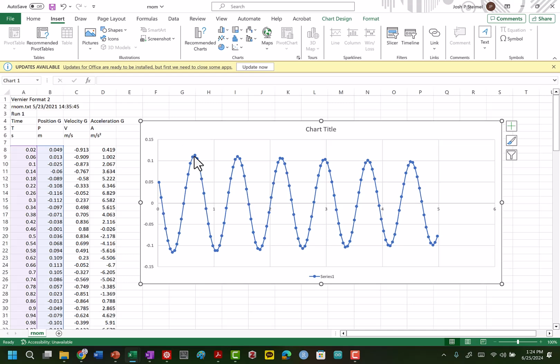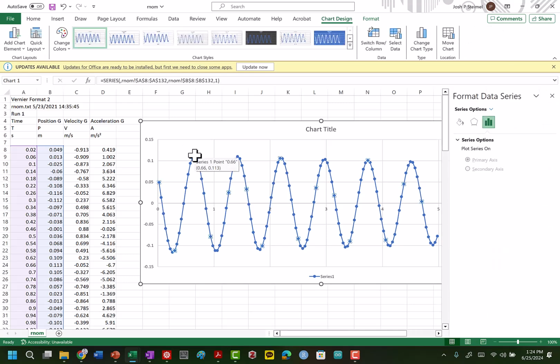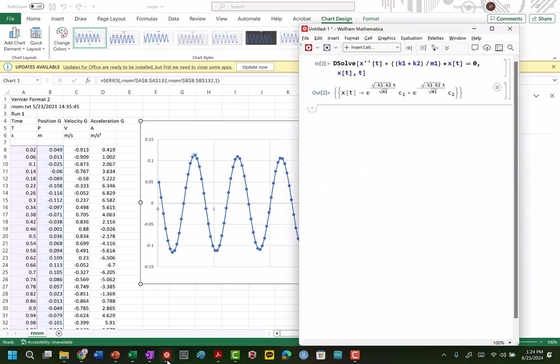So let's go ahead and see. We can actually see if you hover over it, it was at a time, our x-axis is 0.66, so 0.66 seconds. And we can move over here, 0.66 and 1.42. So I'm going to go into Mathematica now, and my period, T, and I'm going to label this. So this is T,